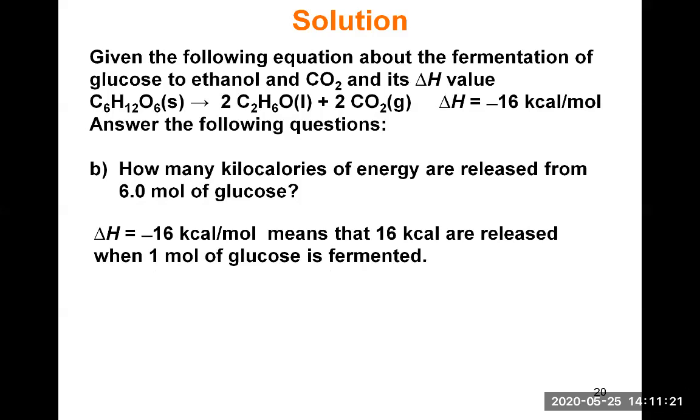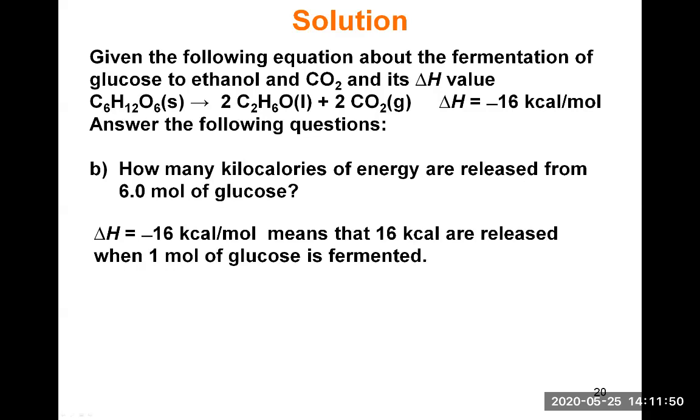So now we need to scale up to 6 moles. And so this negative 16 kilocalories per mole can be used as a coefficient or conversion factor, because that's an equality. It says that when 1 mole of glucose is fermented, you're releasing 16 kilocalories. So it can be seen as an equality